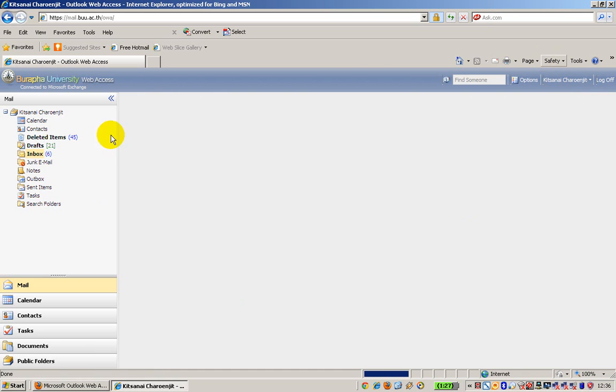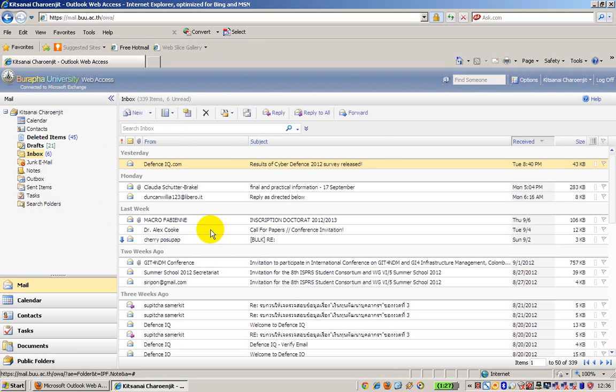Okay, the face of this web page is changed because Internet Explorer has better support for the email from the university with Microsoft Exchange, and I try a new message.